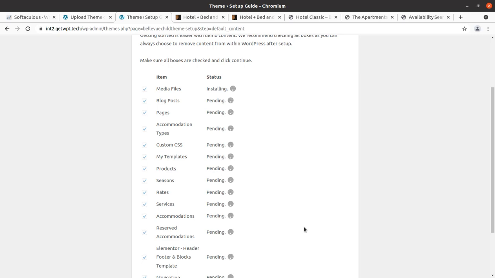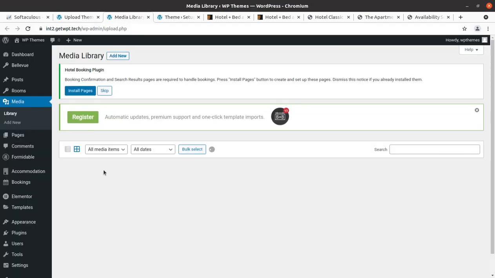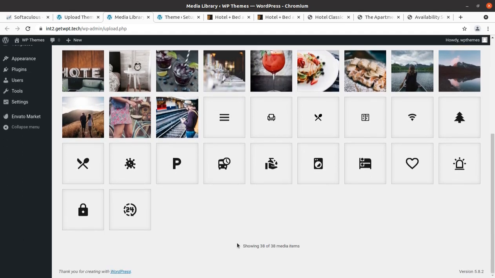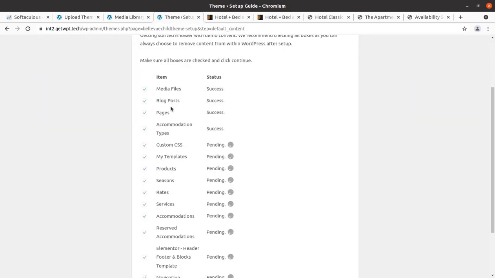Meanwhile, if you want to check whether the demo import is going well or not, we can simply open the media library in another tab and see if we are getting the media items. Yes, we are getting them, and as of now 38 media items have been received from the demo content. And the media files have been successfully completed: blog posts, pages, accommodation types and custom CSS, my templates,